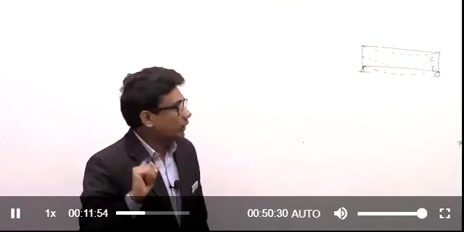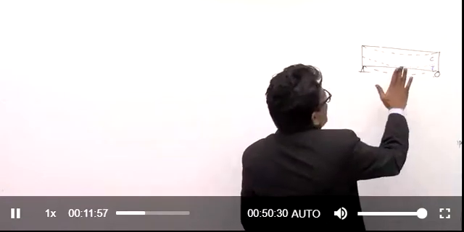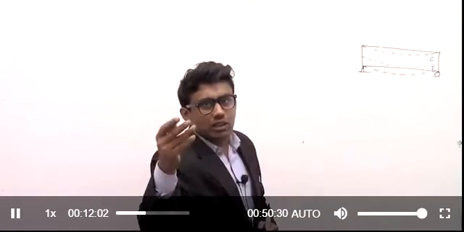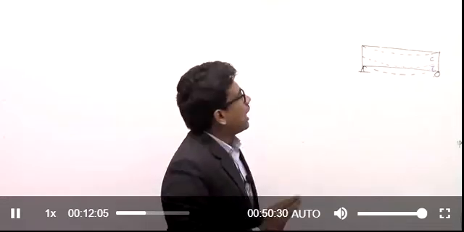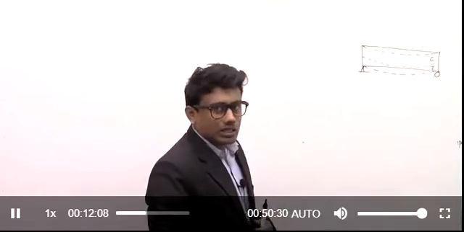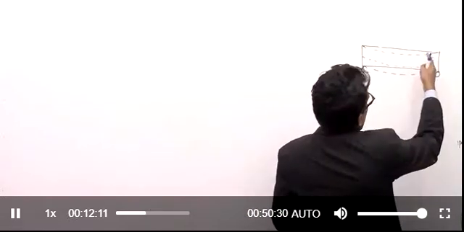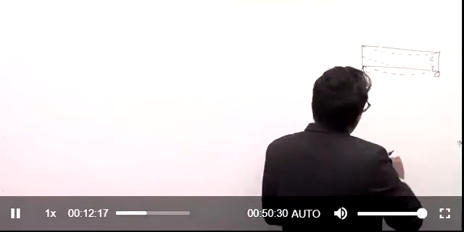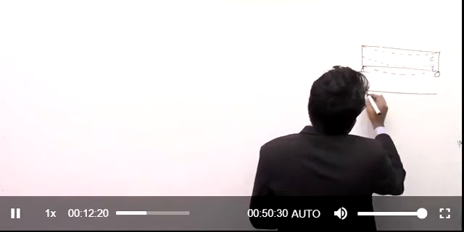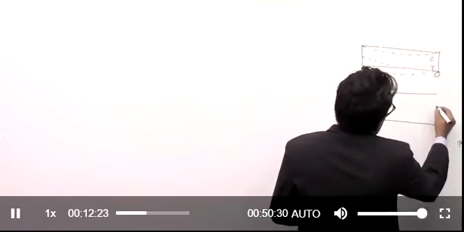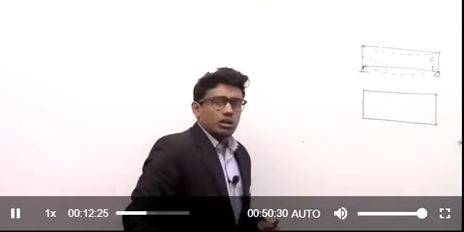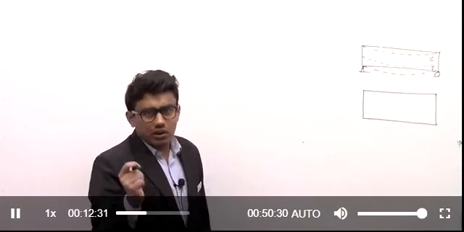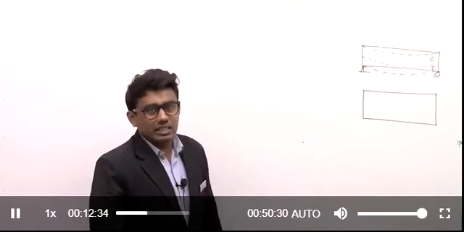What is that difference? See, this is a concrete beam, a plain cement concrete beam. No RCC, nothing. Forget about the concept of reinforced cement concrete. I am having a beam here. Load is applied, and due to this load, we have compressive stresses above the neutral axis, and below the neutral axis there are tensile stresses. Forget about RCC. How do we rectify this problem? I told you, one way is to increase the tensile strength of the concrete by introducing reinforcement. One more option is available to us.